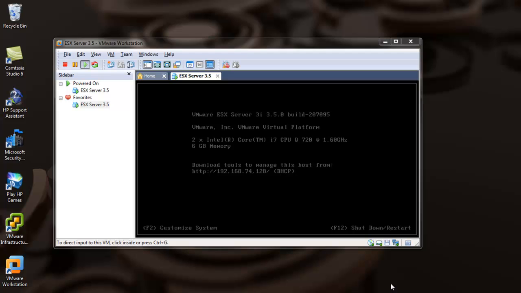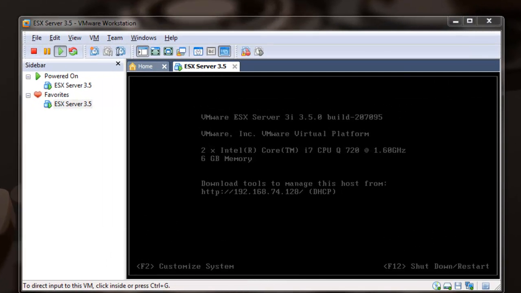In previous videos, we installed ESX Server 3.5 in a virtual machine running under VMware Workstation 7.0. We followed that video with a video describing how to install the VMware Infrastructure Client. We're going to now use that VMware Infrastructure Client and install a guest operating system running inside the ESX Server version 3.5. We'll start by first checking the